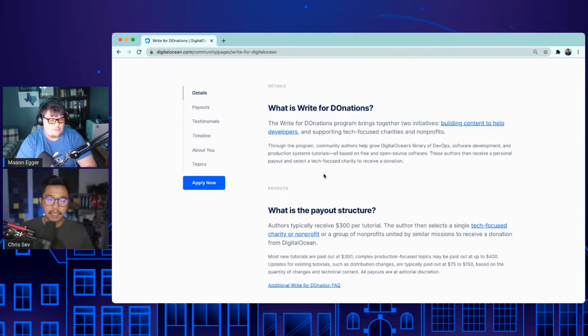If you're looking to write for publications like DigitalOcean, or any other real site that pays for articles, basically the full format is you usually apply, and it's always a good idea to have previously written content. It acts as your resume, right? People want to see what you've written in the past so that they can judge your writing style,